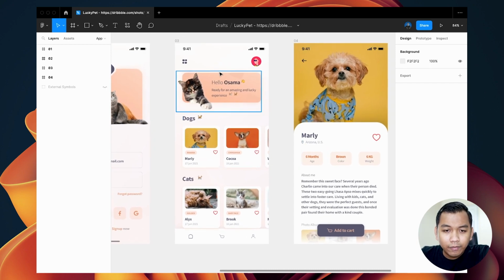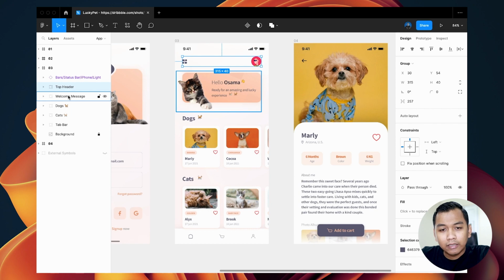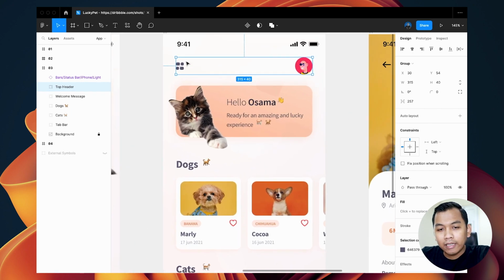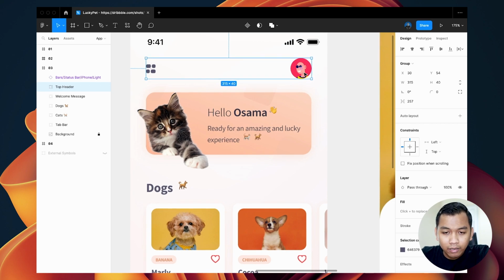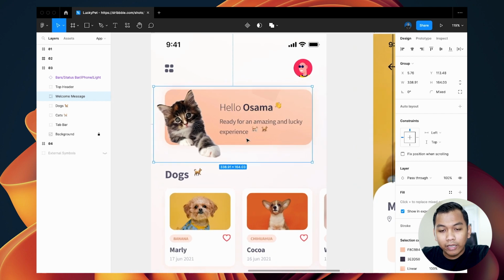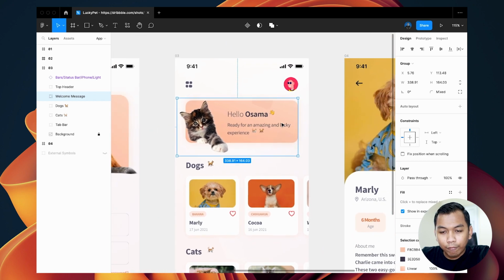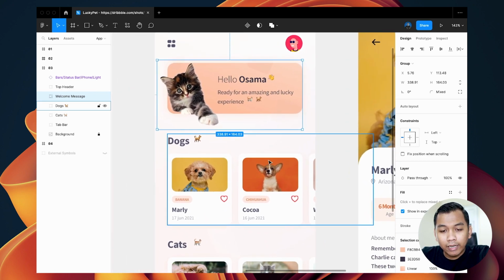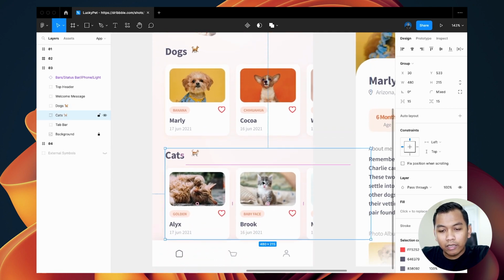As we can see here, there's a top header section. It contains something like a navigation button, and we can see a user avatar. Below that we have an image promotion, but only one image here, not parallax. So we just have one image here, and below that we have a simple horizontal list view, and another horizontal list view.